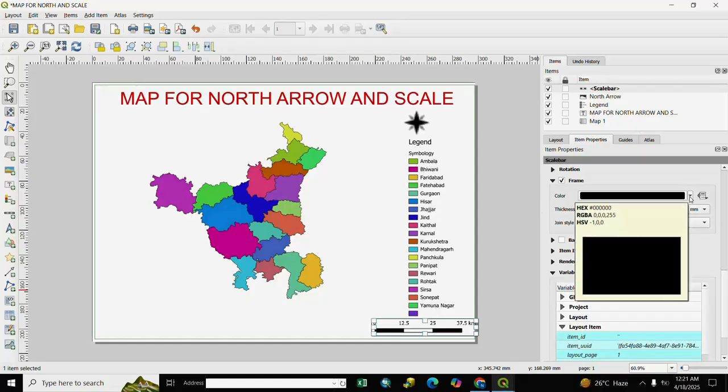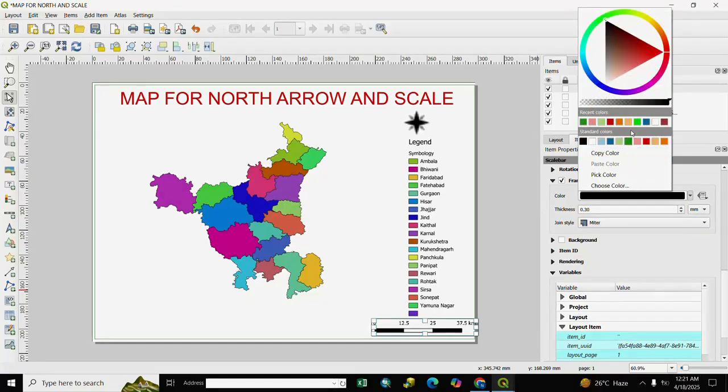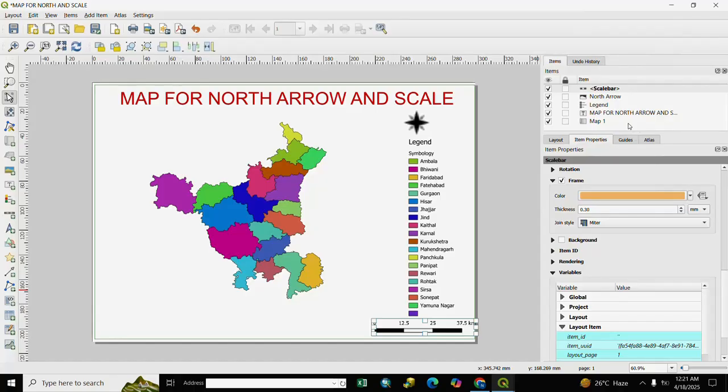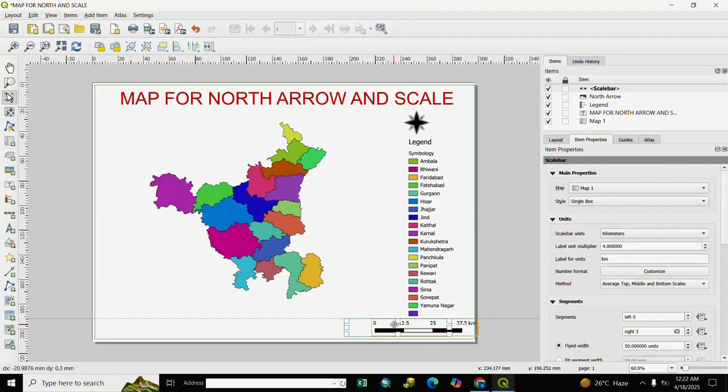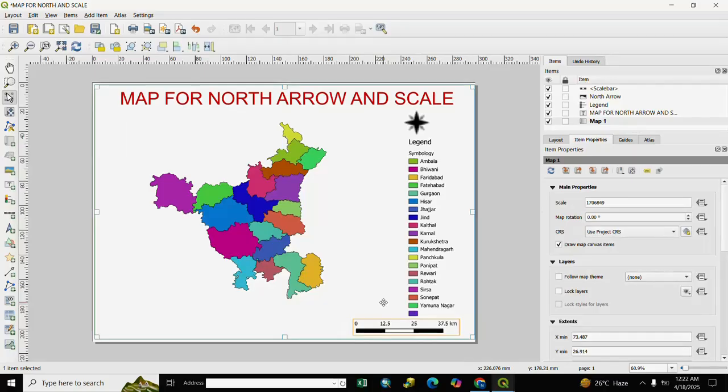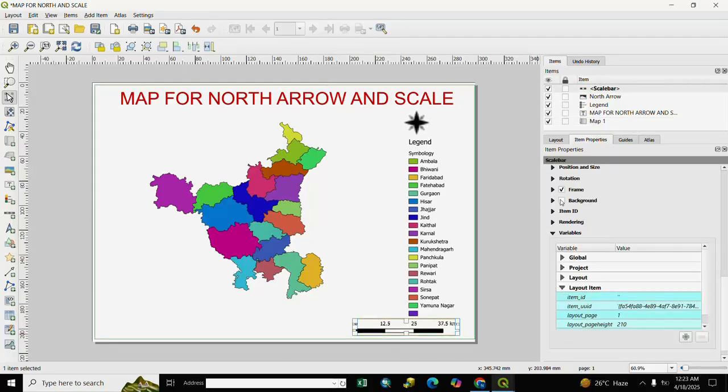and if you want to change color, you select here color, frame color, we select it, and thickness, and if you want to change the unit, you select here unit, centimeter, and you see here frame, your scale frame, we adjust it. Here is scale frame scale, and if you want to change background, click background,